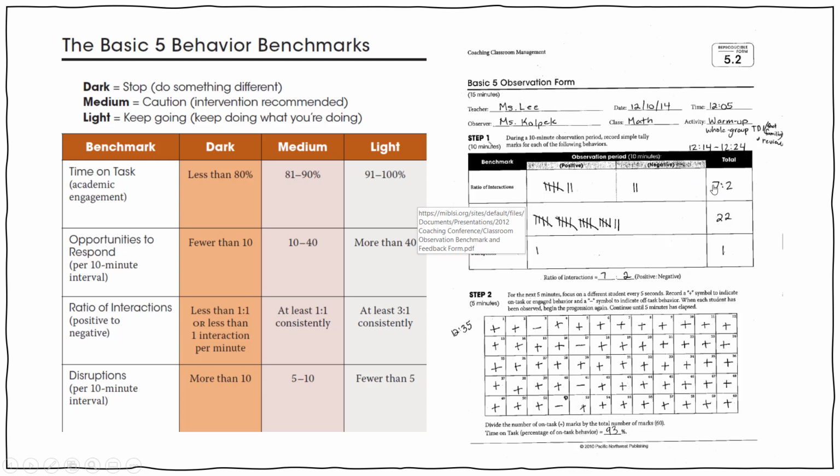So total after 10 minutes, you got 7 positive to 2 negative. And so you are hitting that. If this would be kind of a typical gen ed kid, you're hitting that 3 to 1. If this is a kid with EBD, you need a lot more positive. You can do your opportunities to respond, and they just tallied them, but you could do an I and a C like we talked about on the previous form. She had 22, so if we look at our opportunities to respond, she's right here. She could do more,